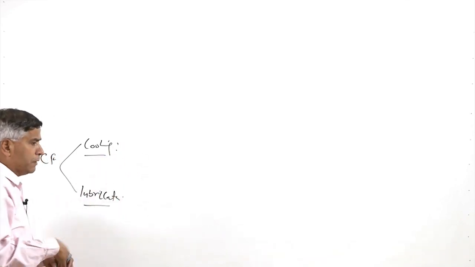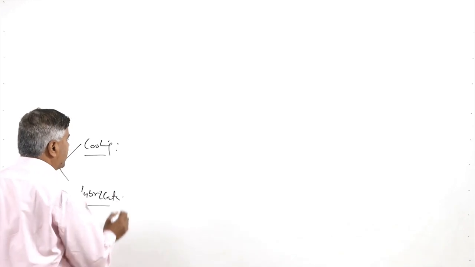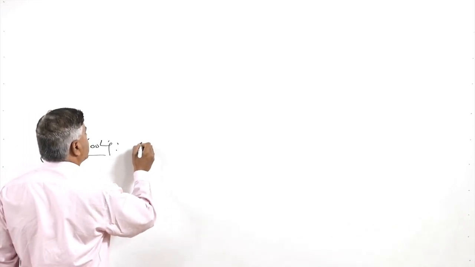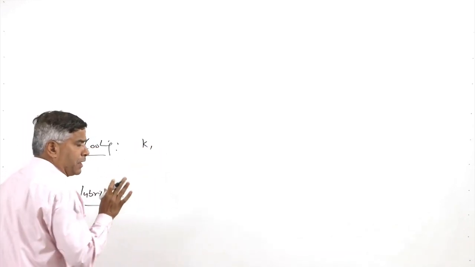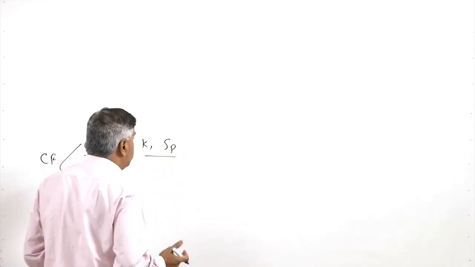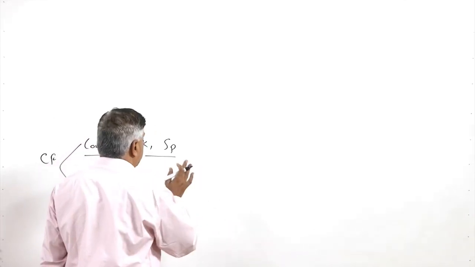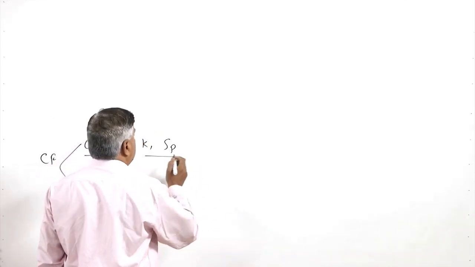For cooling purpose, it is required that heat is carried away from the cutting zone effectively. It is necessary that thermal conductivity of the cutting fluid is good, and the specific heat of the cutting fluid is also good, so that heat can be easily cleared away from the cutting zone, tool and the workpiece,